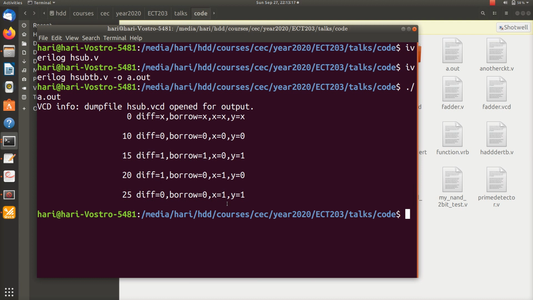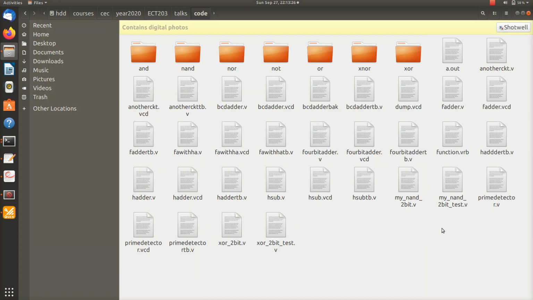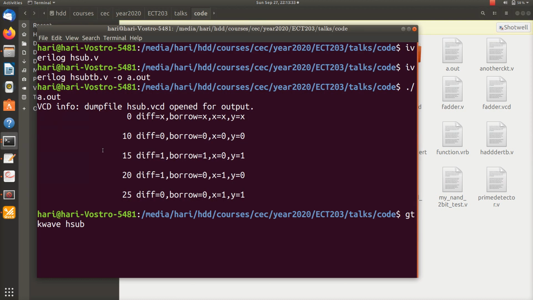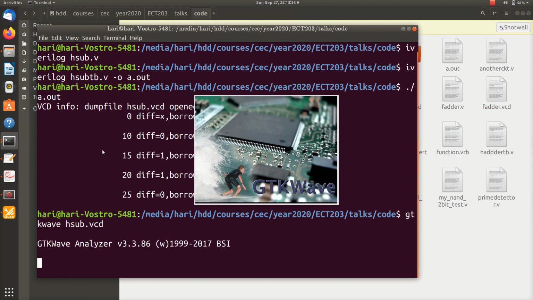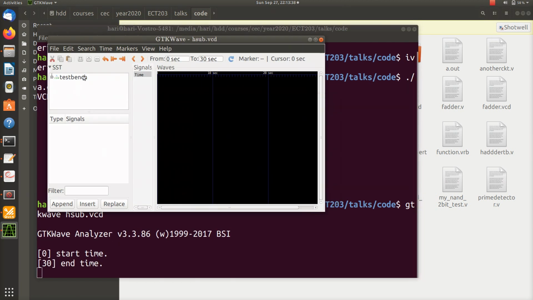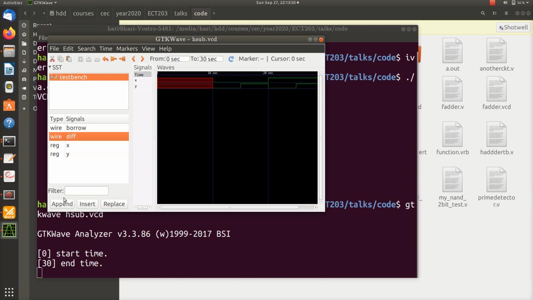Now you can observe the waveforms also, in GTKWave. You can observe these signals X, Y, difference.